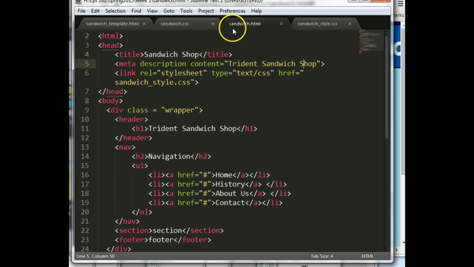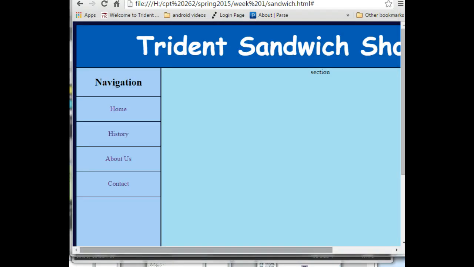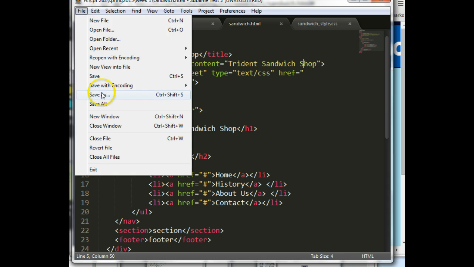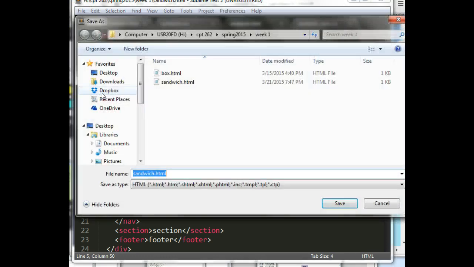And what we're going to do is save that. So I'm going to do File. I hope I have the right one. Okay, sandwich.html. Okay. And I'm going to do File, Save As. And I'm going to call this